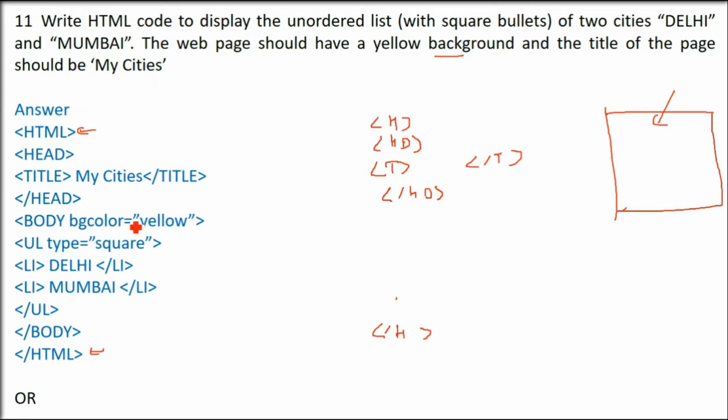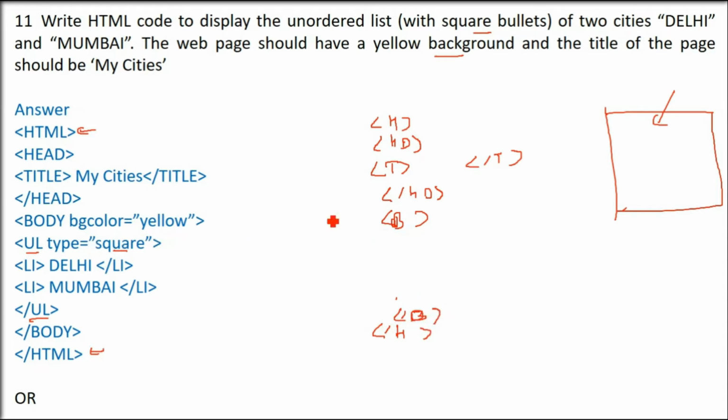So as I said in the earlier discussion also, UL or unordered list. And square bullets, so type equals square. You want type equals square. And then you have UL, you have to close. So you see body you have to give. Body you can give, as you are witnessing here also. Then body you have to close.